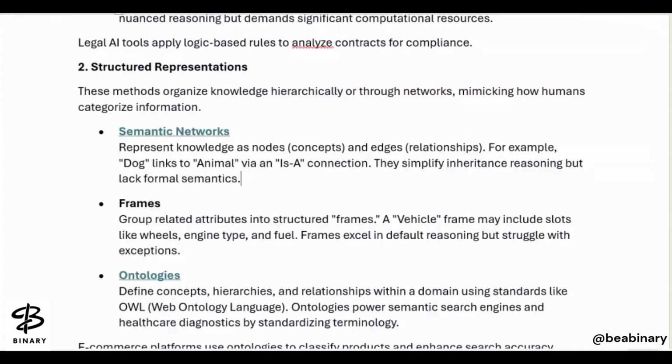Now, what is the ontology in AI? What do you understand by ontologies? Ontology is another kind of structural representation of knowledge, which talks about a particular subject area or domain here. So ontologies are a structured representation of knowledge about a particular subject or domain, which define the concepts, hierarchies, and the relationships within a domain using a standard